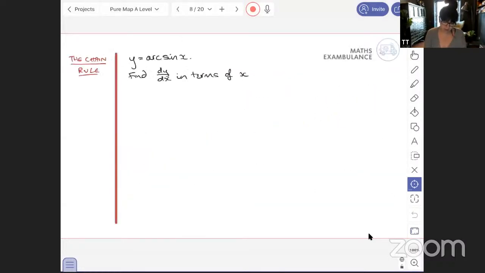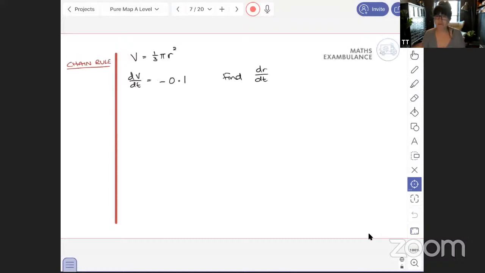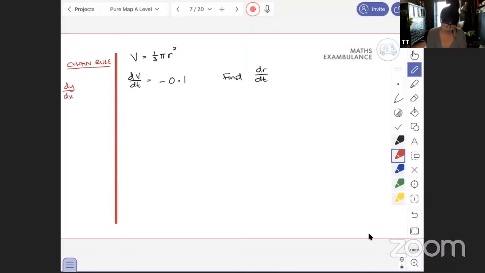Right, last thing, connected rates. Is that my last thing? Oh, and arcsine. Right, I've got 4 minutes, so I'm going to show you how to do these. So the chain rule. This is situation 2, when I think it's more helpful to think of the chain rule as dy by dx is dy by du by dx. This is situation 2. It's where you've got connected rates of change. So we had time in this one, and we've got the volume, and we've got the radius, say. And we want to find the rate of change of the radius. We know the rate of change of the